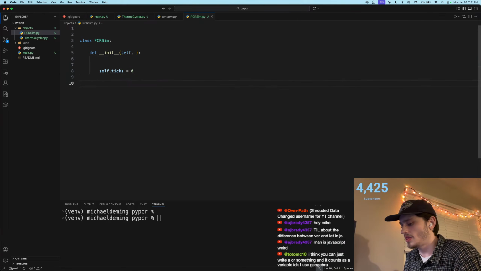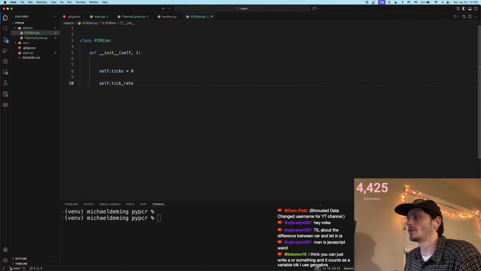And then we're going to have a self.tick_rate. Tick rate, which is equal to, let's just say 1. So for every loop cycle, you get a tick. But how do we control how fast the loop cycles move,